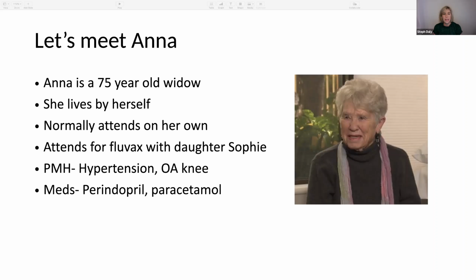And so it's as simple as saying, thank you, Anna, you've given me lots of important information there, but I wonder, is it okay if I ask Sophie a few more questions about why you've come in today? And most people will be quite happy with that. Some family members do find it difficult to disclose information about their relative in front of that person. And so it would be perfectly reasonable at this point to ask Anna to perhaps meet with the nurse who might perform some form of cognitive screening or further testing for you, perhaps check her blood pressure, whilst you gain some further information from Sophie, the daughter.